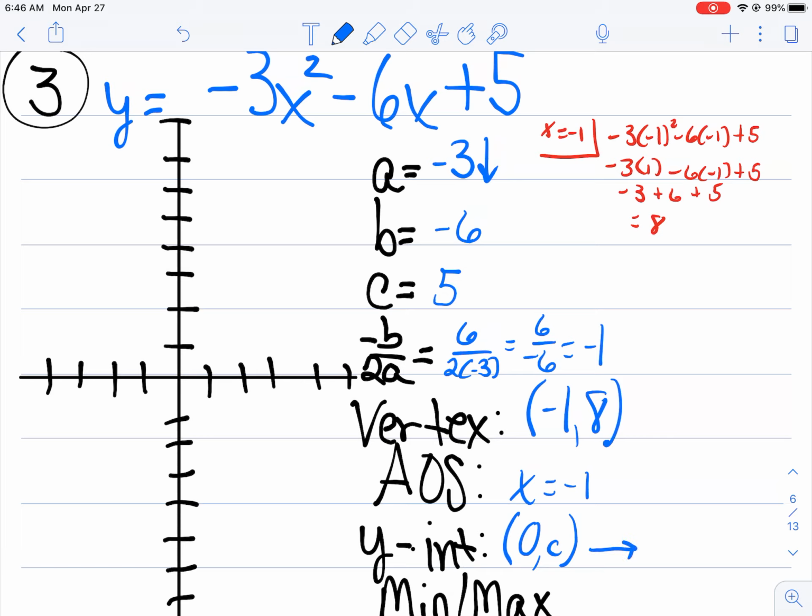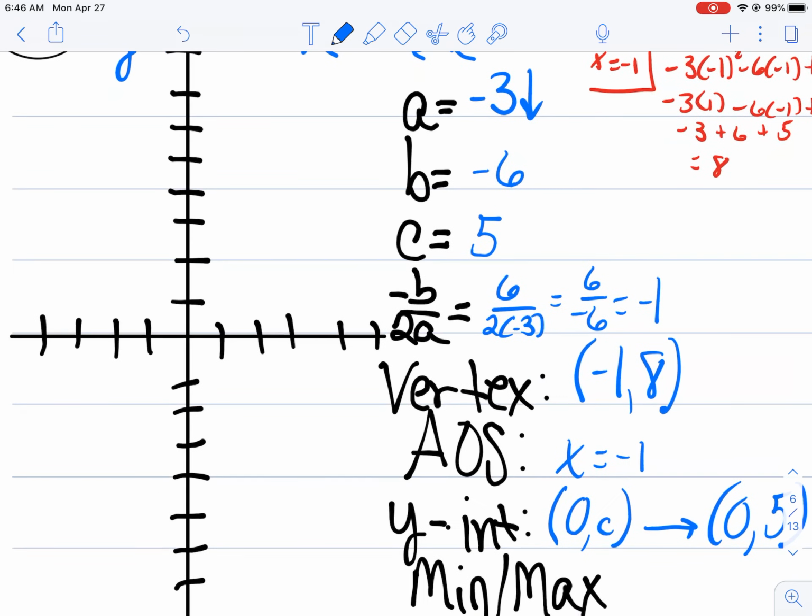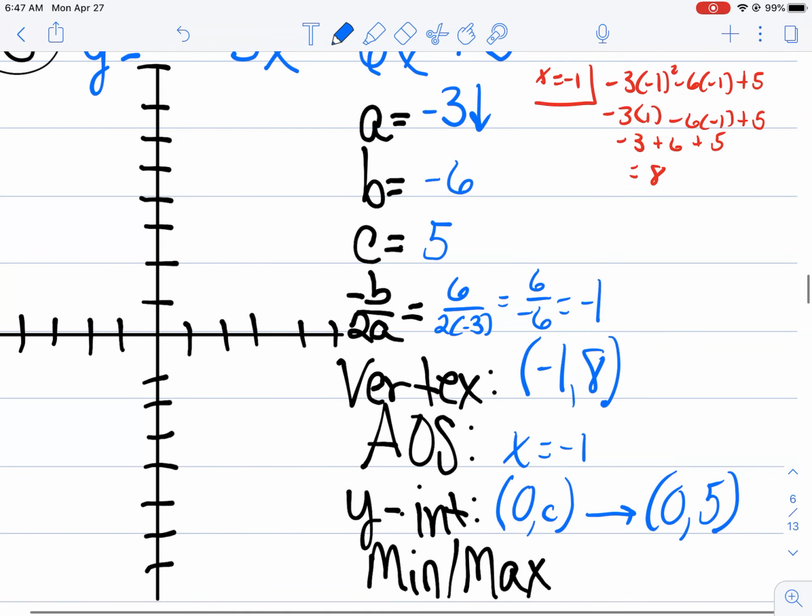Okay, if you did it correctly, it should have been the point 0, 5. And then I'll help out with this one on this problem, the min or max. Since it is opening downward, we see that from right here. I highlighted the down arrow there. Then we have a max this time